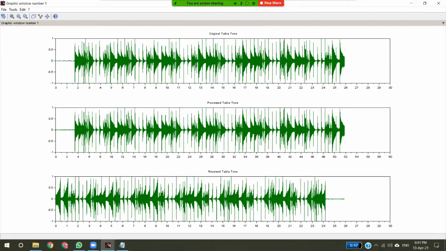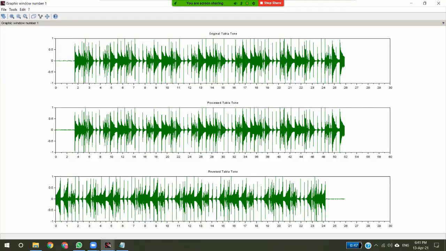So this is the signal for the second tone. Here also the length of the signal is approximately 26 seconds, and we have changed the playback speed by a 0.5 factor. So the audio will be played at a slower rate.